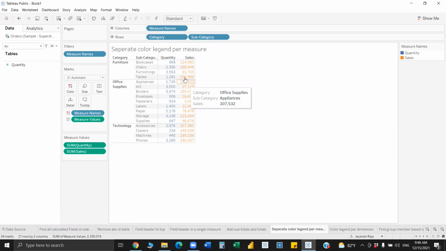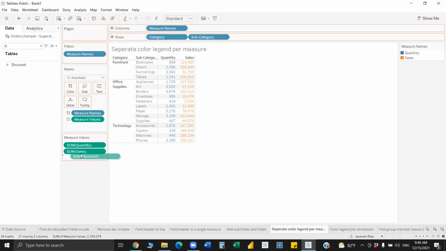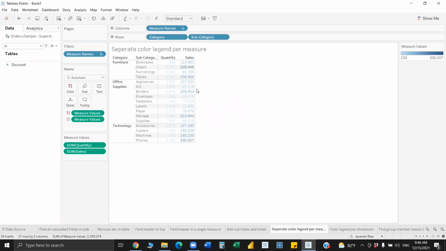But what if we want, maybe I'll add the discount as well. Okay, it's in percentage. Okay, let's remove. So take some other revenue terms like sales or profit, whatever. If you want to color it in terms of a heat map, how can we do that? Instead of coloring by measure names, if you pull in the measure values to color, irrespective of which measure it's from, it will just color according to the value of the field. So here we can see this is the highest, 3,30,000, and that's colored with the darkest color.